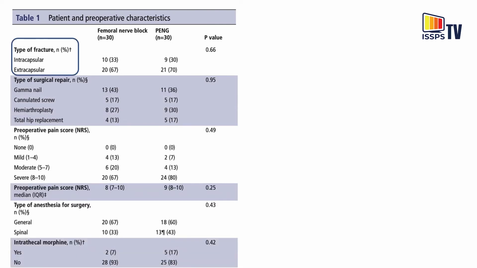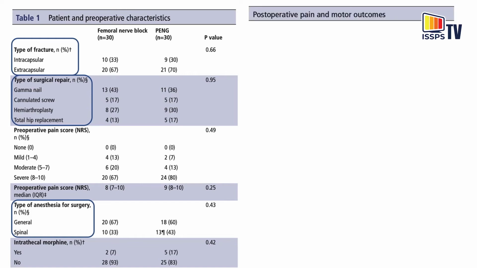So they can have fractures like intracapsular, extracapsular. They can have different types of surgeries. They can have general or spinal. They can even have intrathecal morphine or not. The key is none of them are significantly different from the other. And the result is